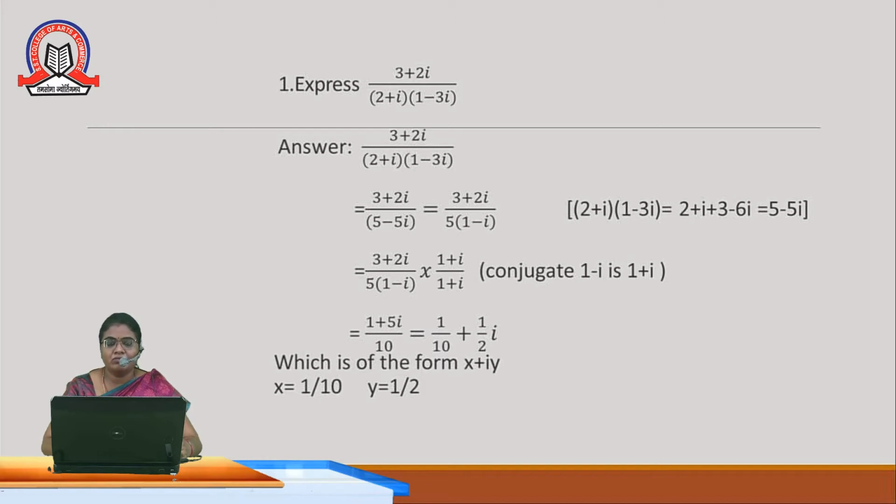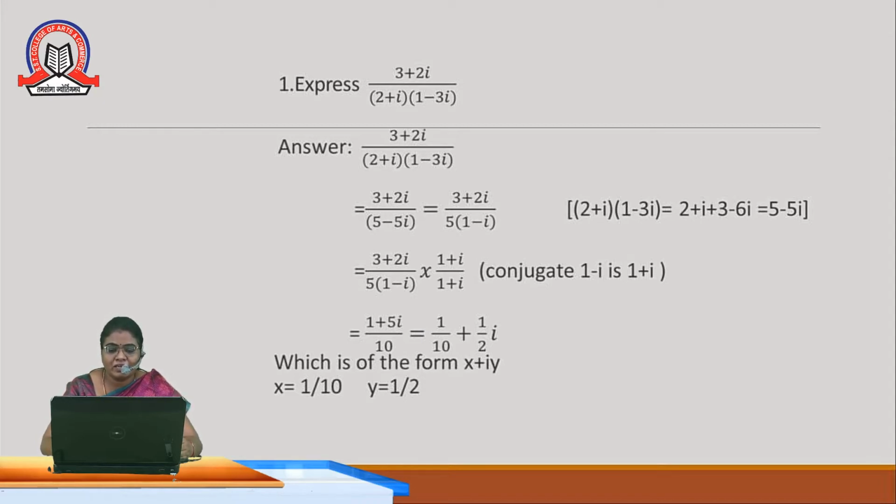And in the denominator, (1 minus i) into (1 plus i) equal to 1 minus i square, using the formula a square minus b square equal to (a plus b) into (a minus b). The value of i square is minus 1. Therefore 1 plus 1 equal to 2. So 2 into 5 gives 10 in the denominator. Now separating the